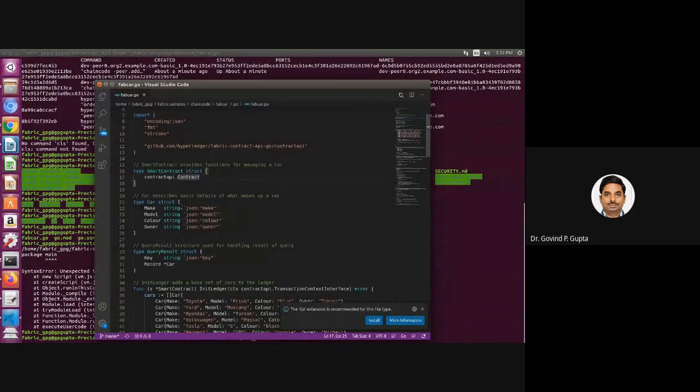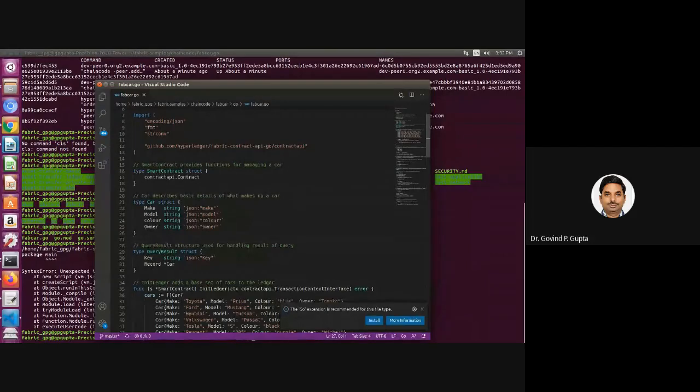This structure is created in order to store the features of the object. Here the object is the car, so you store the make of the car, model, color and owner.